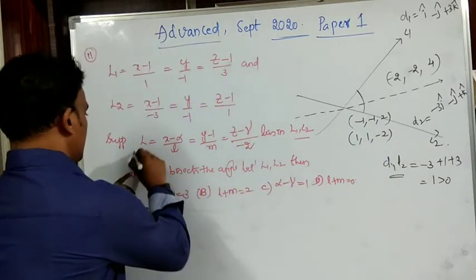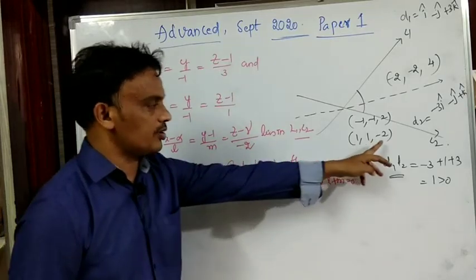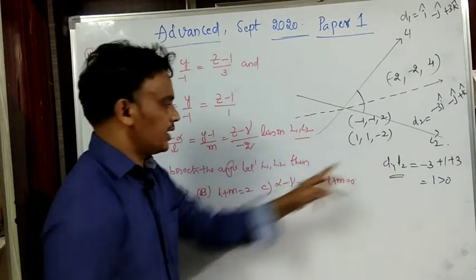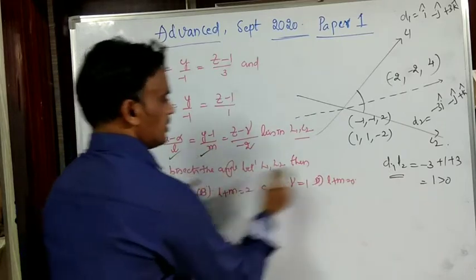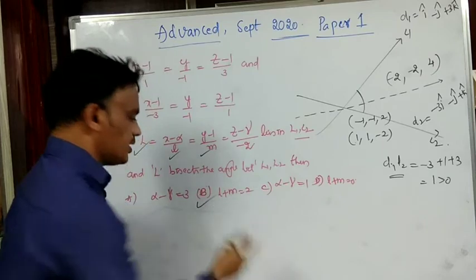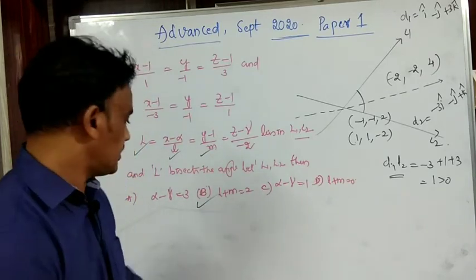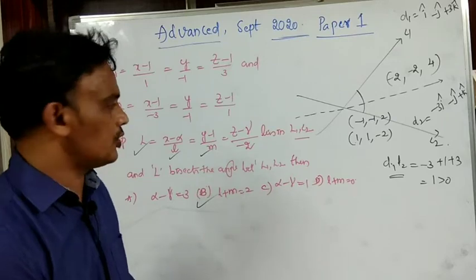Coming to this one here, they have already given minus 2. Here I also got minus 2. That means what are the l value and m value? Simple. The l value is 1 and the m value is 1. So l plus m equals 2. That's it. One of the options is correct, that is option B, l plus m equals 2.